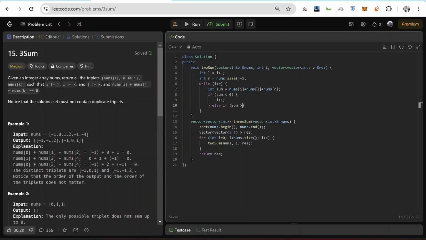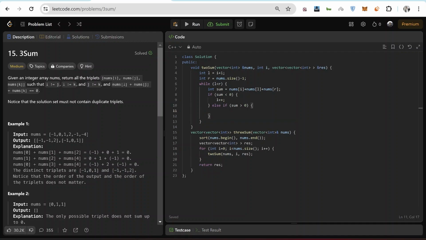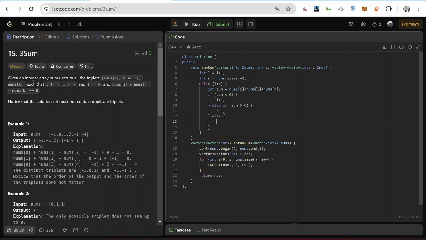If sum is greater than 0, in that case I want to reduce R because I want to decrease the sum. And if sum is equal to 0, I push the result into the result vector. So let's create that. It will be nums of I, nums of L, and nums of R.